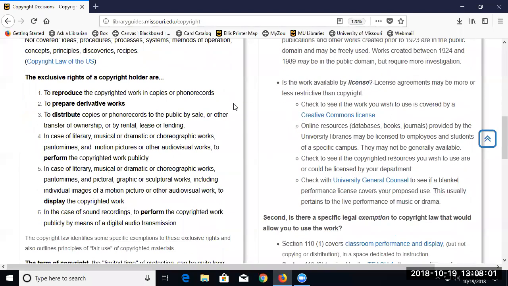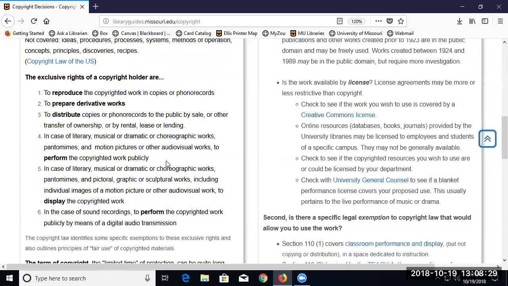There are exclusive rights for the copyright holder. And if you look at these, it's important to distinguish them. So to reproduce things, to create derivative works, so like if you're making an anthology of something, that could be a derivative work. Or if you're taking a novel and making it into a graphic novel, that might be a derivative work. To pass copies on, to distribute them by sale or in other ways, that's an exclusive right